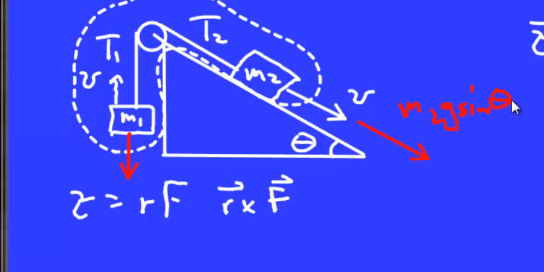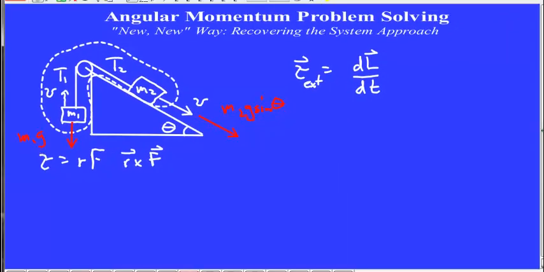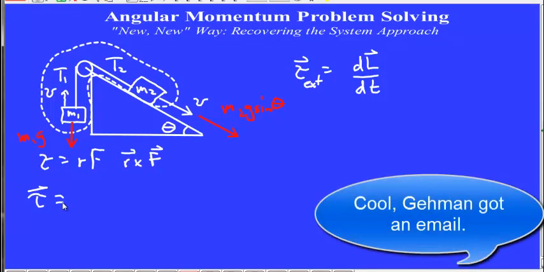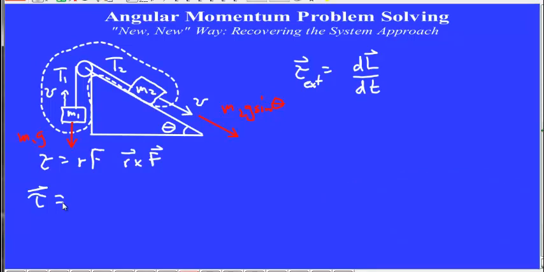These are the forces external to the system that are providing the torque. Okay? So when I write my torque equation, it's going to look a little different than before. Remember that the tensions are no longer external to the system, they're internal, right? So they're not providing torque to the system of 3. So when I write this, it'll be